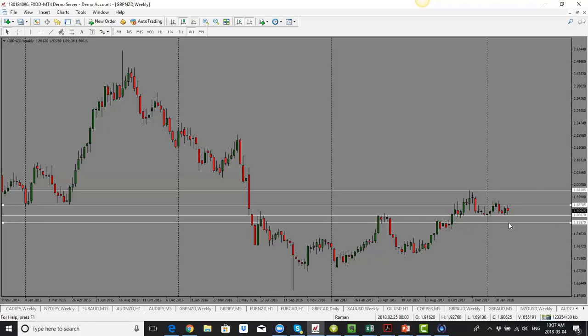And then further, if it breaks that level, it hasn't broken that in a number of weeks here. So once it breaks 1.8880, then the 1.8620 level. But for now, it is going sideways, but it still looks more bearish than Pound Aussie. So my bias would be to the downside.